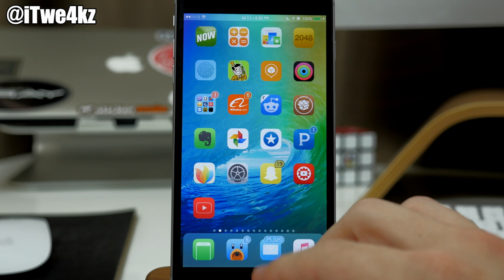Now, another tweak that I definitely recommend having on your device is Hide Me 8. Now, what this does is basically give you the ability to hide a whole bunch of different UI elements throughout your entire device. So you can hide stuff in your control center, your lock screen, notification center, springboard, status bar. So this is going to basically allow you to hide